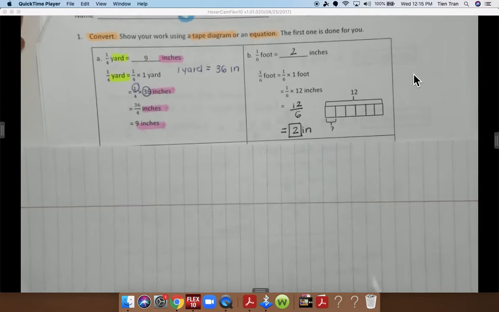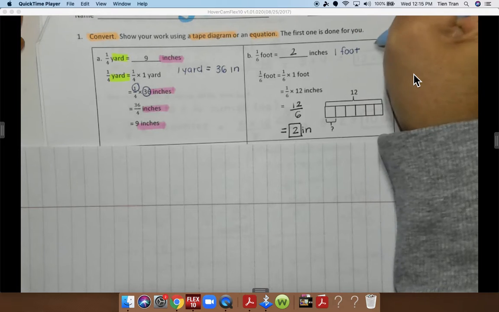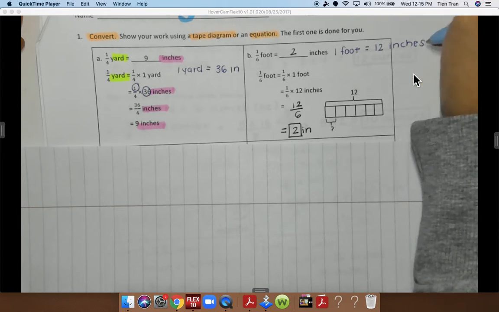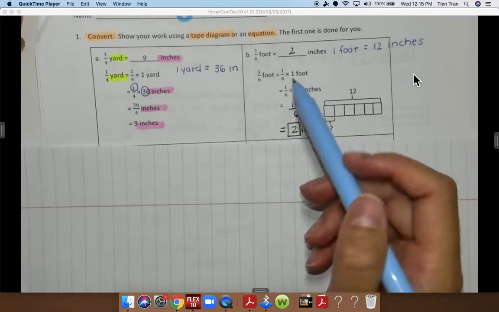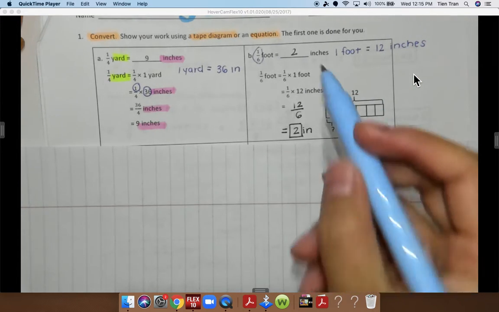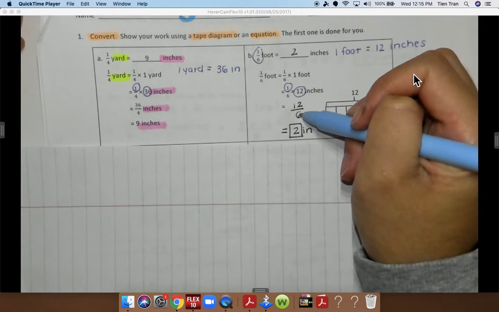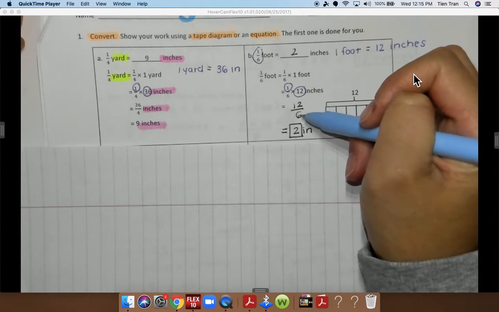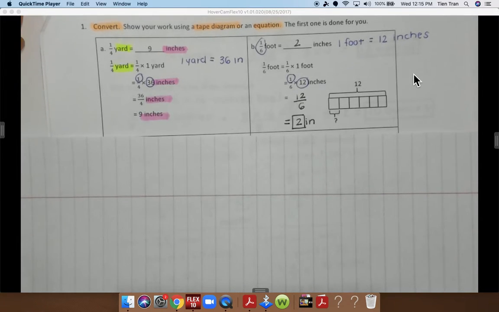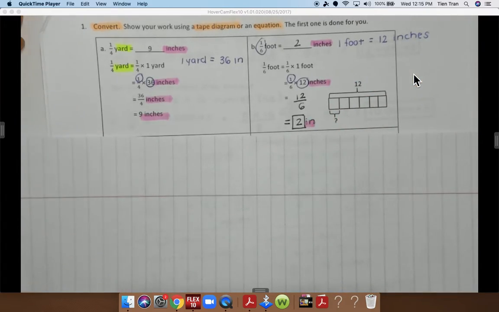Now I'm going to move on to problem B. We know that 1 foot is equal to 12 inches. With that conversion in mind, we're going to be multiplying 1/6 foot times 12 inches. 1 times 12 is equal to 12, and my denominator is 6. So 12 divided by 6 is equal to 2 inches. My final answer is 2 inches because they wanted you to find the answer in inches, and you went